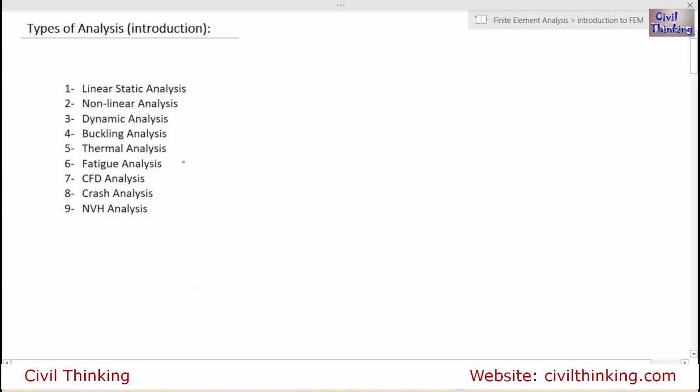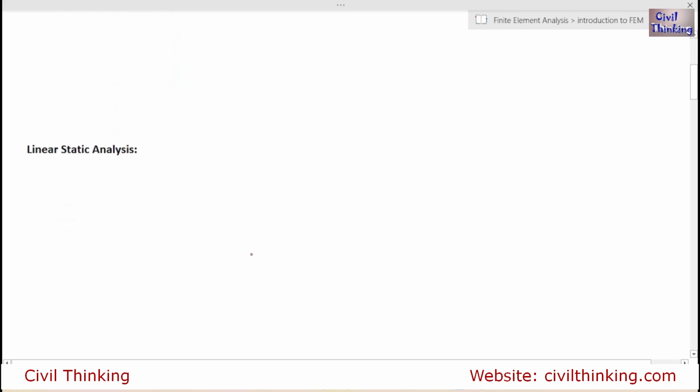The first one is linear static analysis, then second is non-linear, then third is dynamic, then we have buckling, thermal, fatigue, computational fluid dynamic analysis, crash analysis, and then NVH analysis. These are the basic types of analysis. There are obviously more than this, but they are the basic ones. So let's begin one by one. Now let us first see